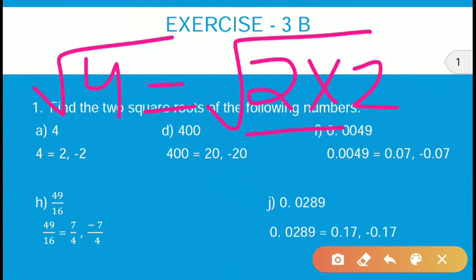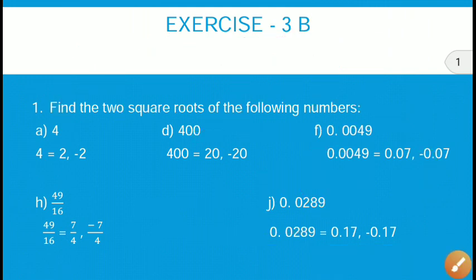So under root 4 can be written as under root 2 into 2. So when you make a pair, this is one pair. Okay, so from each pair you write only one digit, which means you write only 2. And as I have already told you, this square root will give you two types of value, one positive and one negative. That means the square root of 4 will be plus 2 and minus 2. No need to write plus 2 here, because if we write 2 only, it is understood that it is with the plus sign. So the two square roots of 4 will be plus 2 and minus 2.